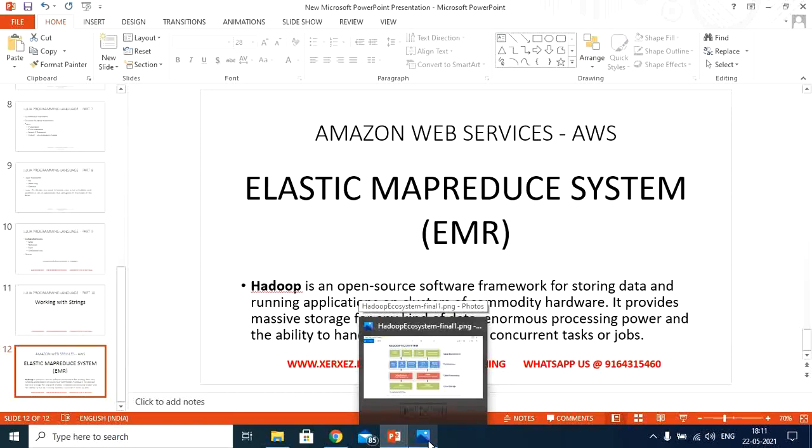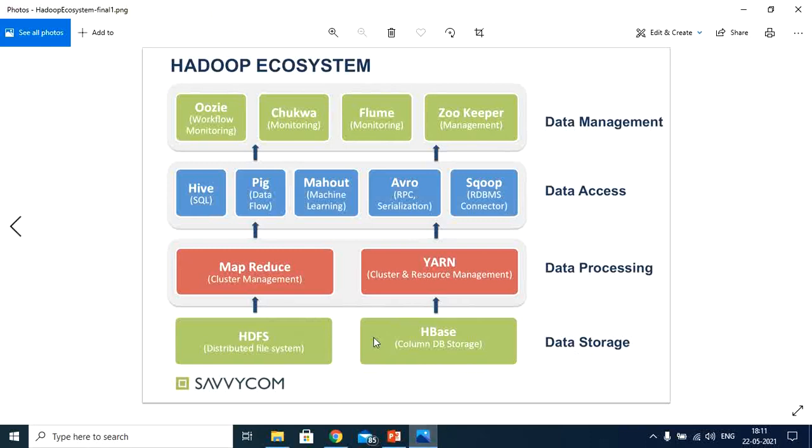But before heading toward this, let's talk about the ecosystem and what I'm going to deploy. In this architecture ecosystem, you can see there are 4 different layers: the data storage layer, data processing layer, data access layer, as well as the data management layer. But in this video, we are going to deploy the fundamental base, the Hadoop system, where I'm going to cover HDFS, the Hadoop Distributed File System. Once you have the file system, you can process the data using MapReduce also. So without much ado, let's dive into the hands-on practical session.